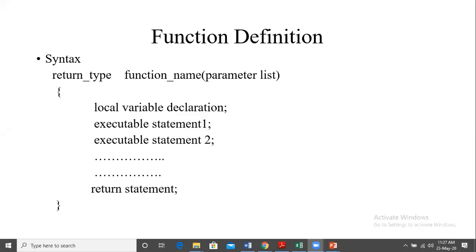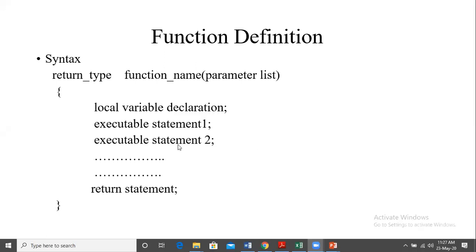If we have to use it again, we have to declare it again, and both of them will get different memory locations. So a local variable means it is local to that function. It can be used only within that function. If it is used elsewhere, it becomes a different variable with a different value. Is this clear? The meaning of local variable.